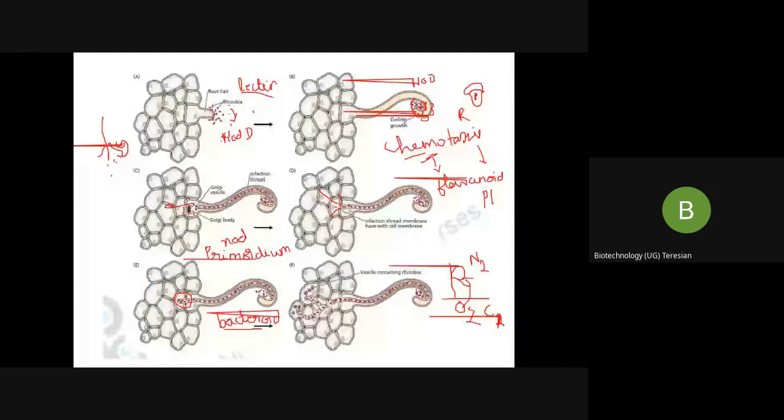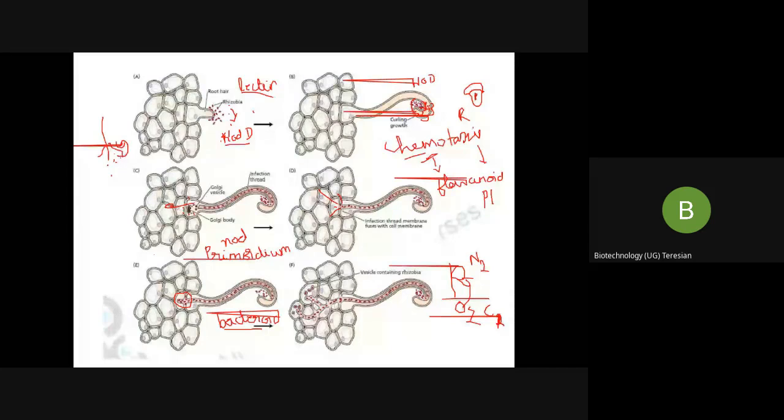Now once the rhizobium gets anchored to the root hair, the NOD factor gets activated and it will activate all other NOD factors. Next, what happens is the plant NOD factors start curling the root hair around the bacteria. So your root hair is curled. Okay, and then what happens? There is a degradation of the cell wall of the root hair. So what is happening here? The plasma membrane is present, so your bacteria will have easy access to the plasma membrane.